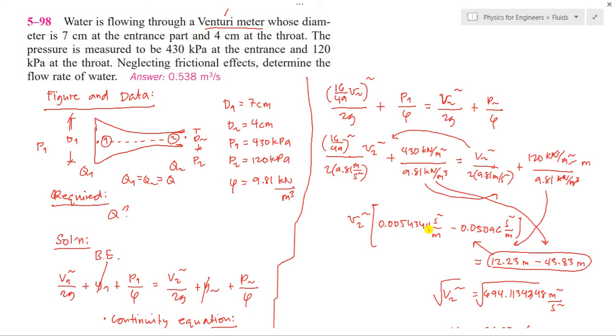Then 12.23 minus 43.83, in meters, kilonewton. The specific weight of water is 9.81 kilonewton. So that is 0.00123 minus 0.05096. So 694.11. The square root of the answer,